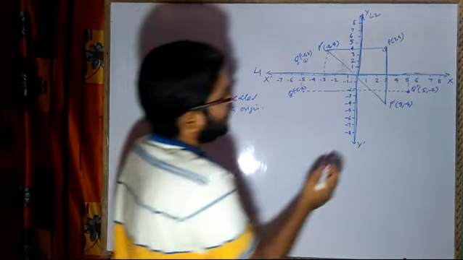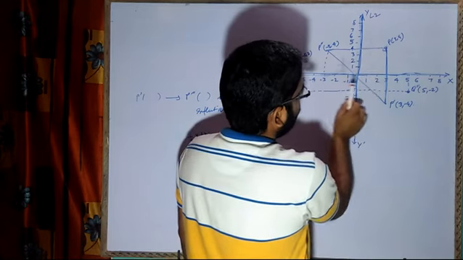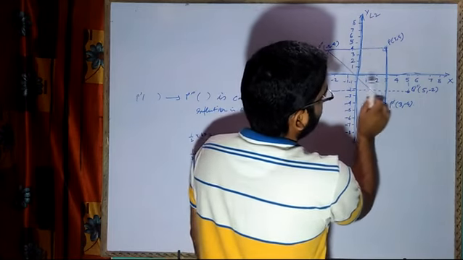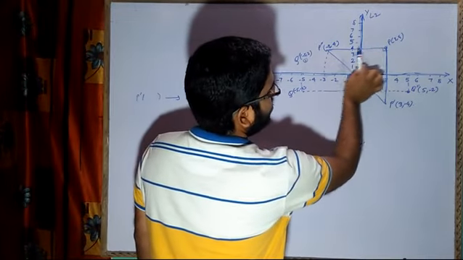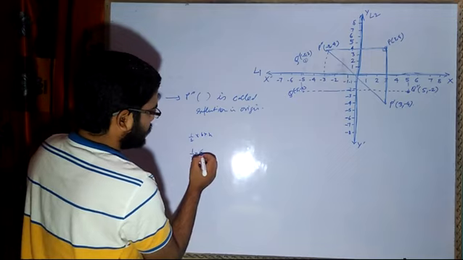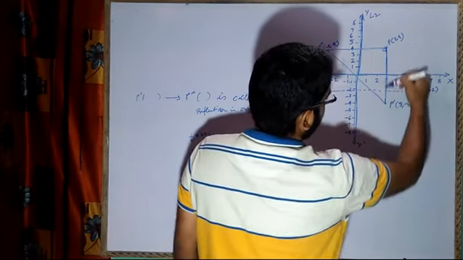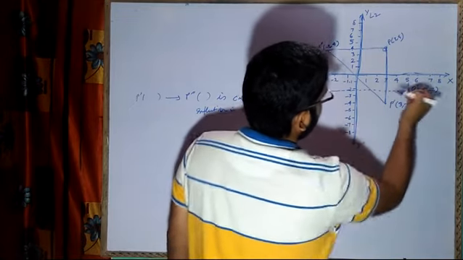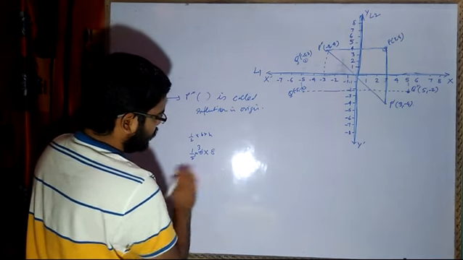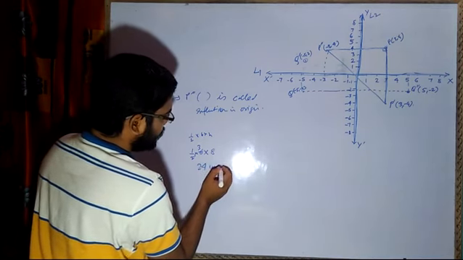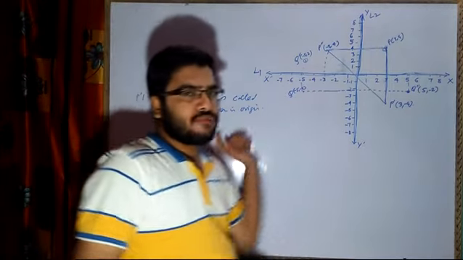Half. What is my base? Base you can consider any one. What is the distance from here to here? The distance is 3 units. And what is the distance from here to here? It is again 3 units. So 6 units. So 6 multiplied by height. What is the distance from here to here? 5, and from here to here we have 4, so 4 into 6 is 24 unit square.